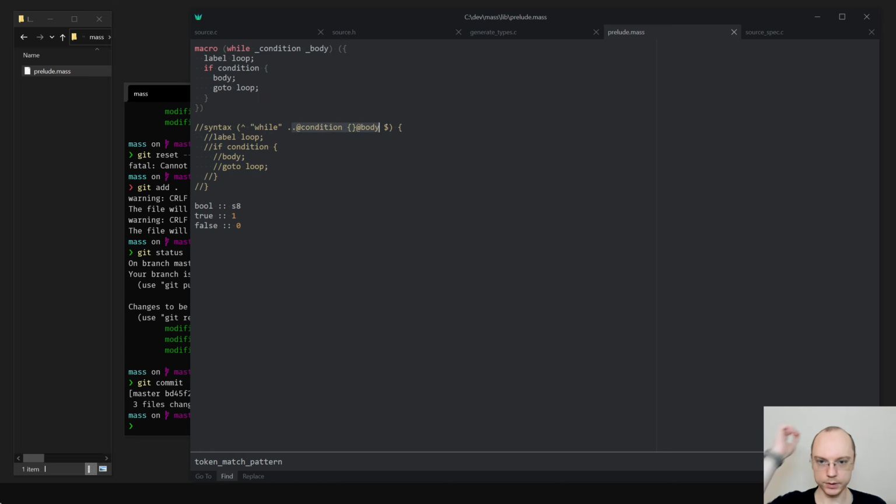What else do we need to support? Well, we need to be able to match on curly braces. That shouldn't be hard actually at all. And in fact, this is interesting. So we could go about it in a couple of ways, how to treat this stuff.